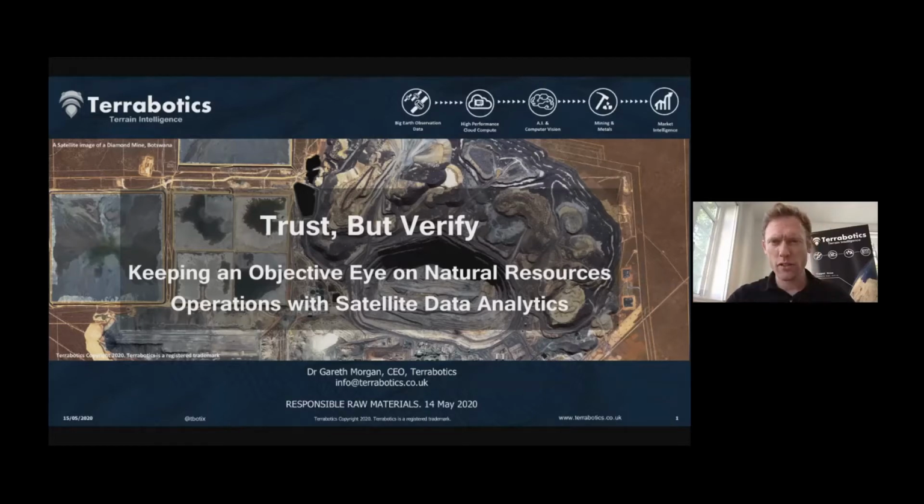And if ESG is serious, then this means thorough due diligence is required by all stakeholders. That's investors, regulators, NGOs, even the communities themselves, everyone who's involved. And due diligence requires data and information, which right now primarily comes from reporting and disclosures directly from the companies